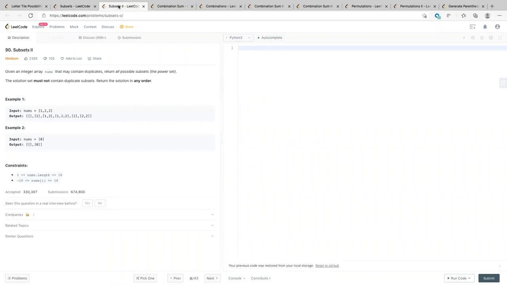I just want to show what is the technique to solve it on paper and pencil first, when you draw it on the whiteboard, right? So that people know how that code can be generated using that pattern. Okay. And now let's say you have an integer array nums that may contain duplicates, return all possible subsets. So if you have 1, 2, 2, and may not contain duplicate subsets. So if you have 1, 2, 2: 1, 1 2, 1 2 2, 2, 2 2.